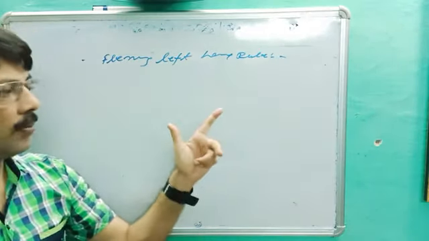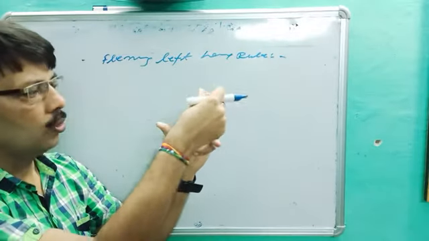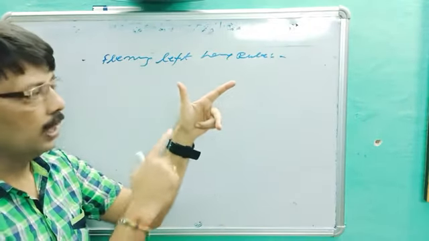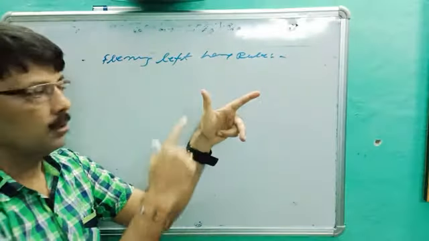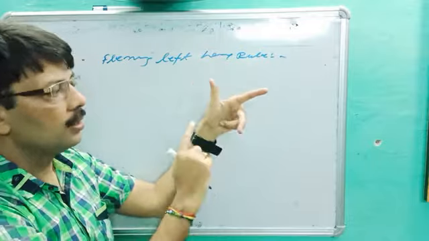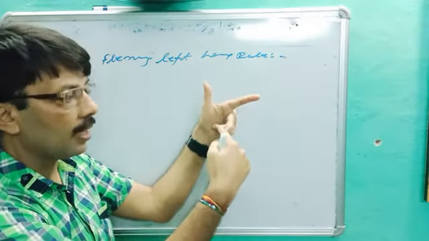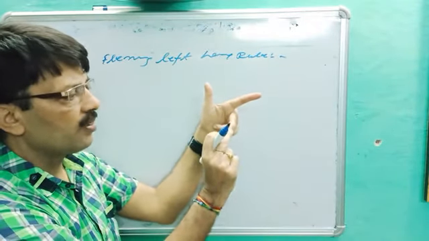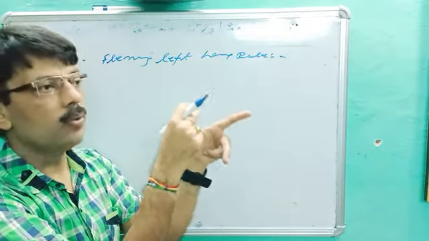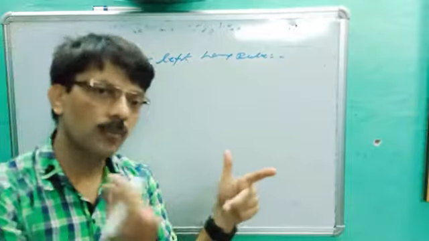If we stretch our left hand such that thumb, forefinger and middle finger are mutually perpendicular to each other, the learning point is F, B, I. But you have to start from here: B, I, then F, because this is also called the motor rule, and a motor is a device which converts electrical energy to mechanical energy.